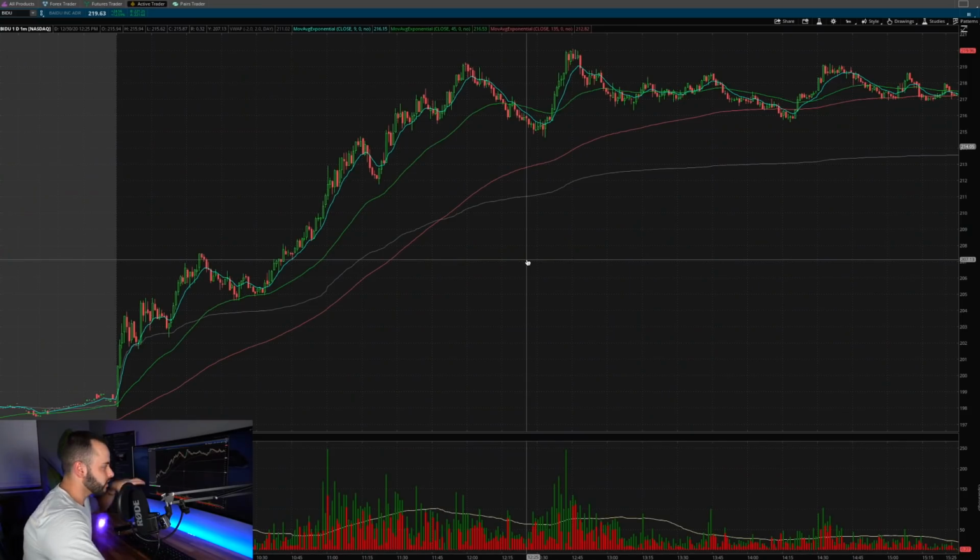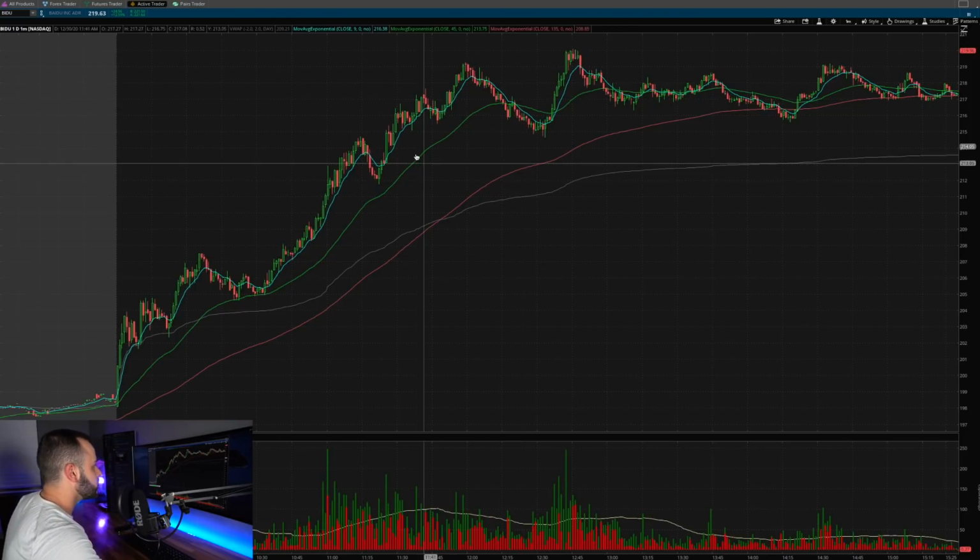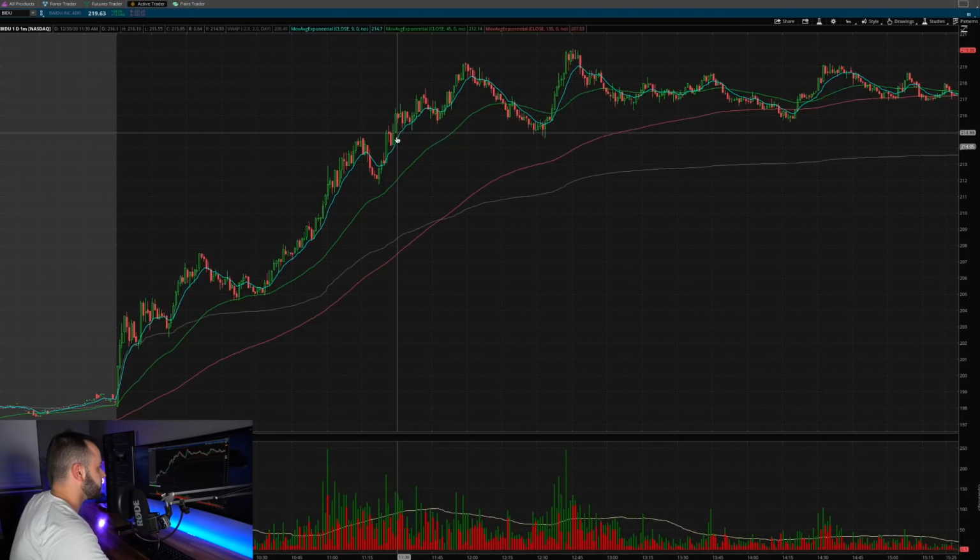It's not a total 100% indicator that's going to be right every single time. So going over to the computer, here we have Baidu. This is BIDU, and today it was up 12%, trending in a really strong direction, and it respected these EMAs really well. So first things first, the blue line you see here is the 9-period EMA on the 1 minute